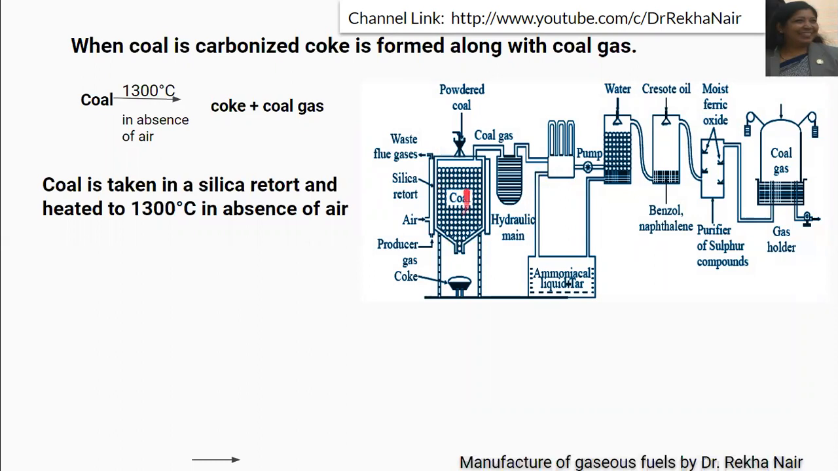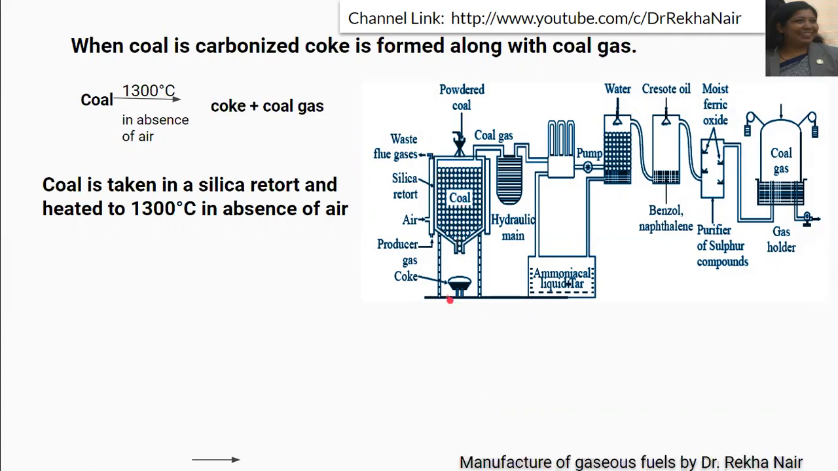This is the silica retort in which we take coal and it will be heated in absence of air. For heating, the fuel mixture, that is air and producer gas, will be sent from this option, and the waste flue gases that are produced will be coming out from here. This is the option for putting the powdered coal into the silica retort, and the coke that is formed will